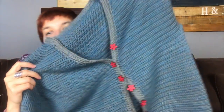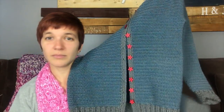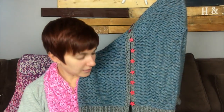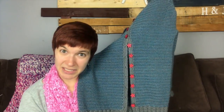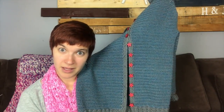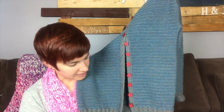Sweaters are not made to go around your butt, especially if they're fitted. So I actually have fewer buttons on here than is called for, and I changed the buttonhole count. She has you do a buttonhole every 5 stitches, and I was like, that is going to be an insane amount of buttons. So I went one every 6 stitches, and then down at the bottom it's a little bit more than that. And when I went to Joann's, I could not find buttons that I liked,